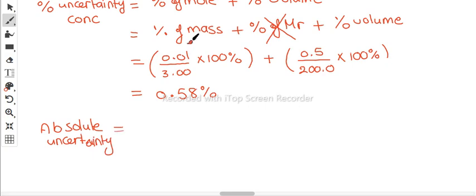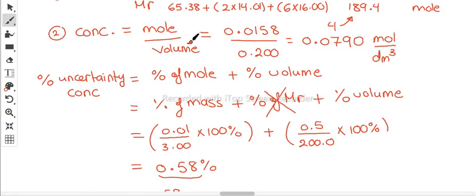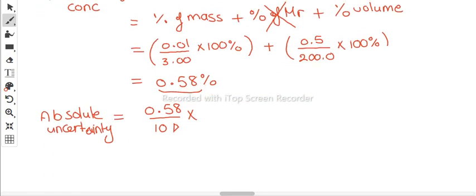So in order to find the absolute uncertainty, I'm going to take my percentage, which is 0.58. I'm going to divide over 100 since it's a percentage. Then I need to multiply by the value of the concentration. Where is my value? It is presented right here. So you will take your concentration value and you're going to multiply by this value. So it is 0.079 and a 0. Using the calculator, your final answer, it will be plus minus